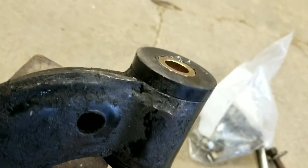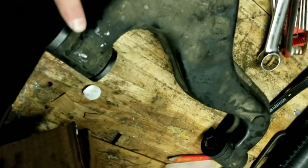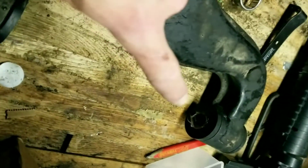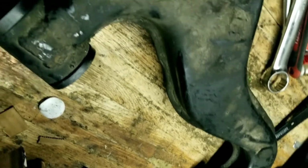Pretty simple. Use the socket to drift the other bushings out. I didn't get to go through the installation procedure of the rubber bushings and the sleeve that the bolt goes through. It was rather simple. Once you pressed out,